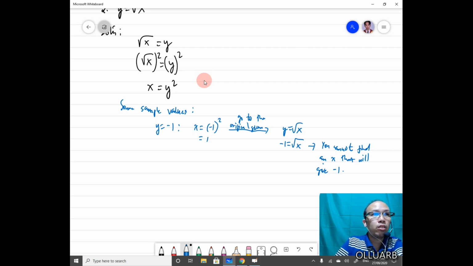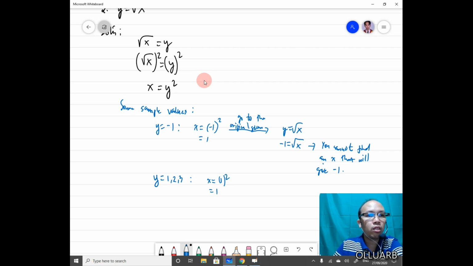So please be careful, just analyze. For other values, like when y is equal to, let's say, 1 or 2 or 3 and so on, or between 1 and 2, or between 2 and 3, or between 0 and 1, or 0. You will find that, for example, if you substitute, say, 1 squared,